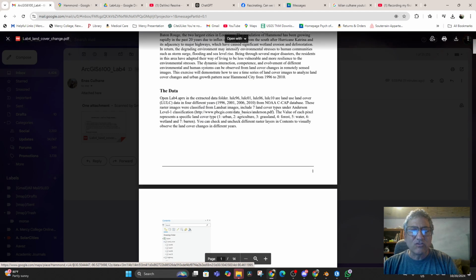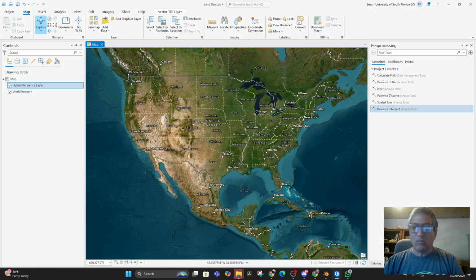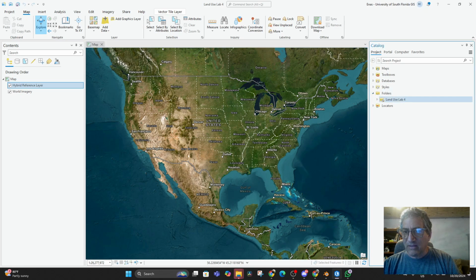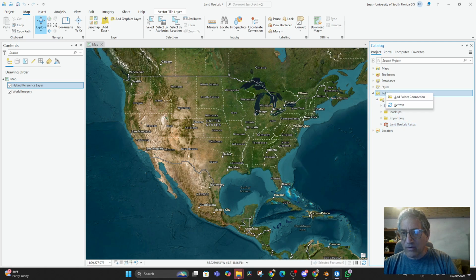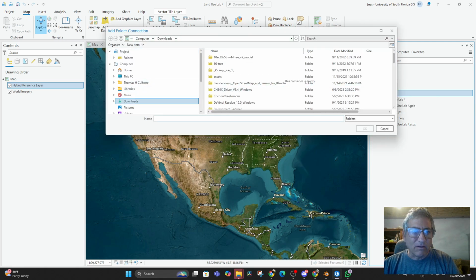Alrighty, so let's drag those in. Let's get the extracted data folder onto our map. So we're going to open up, clicking on there and going to our folders. And then there's our land use folder for it. Seems like I already put that in there. So I need to add a folder to this. How do I do that? I add a folder connection, and I'm going to go into our